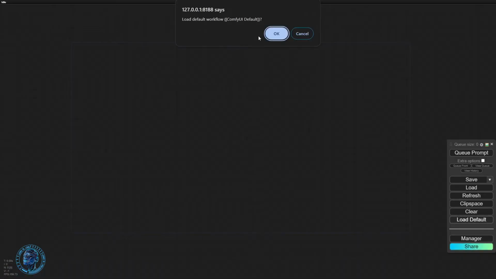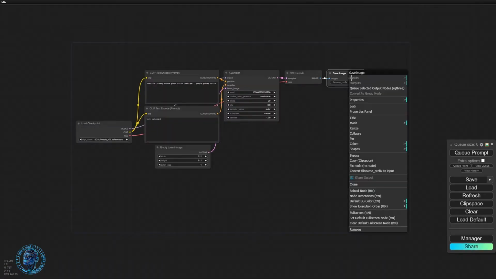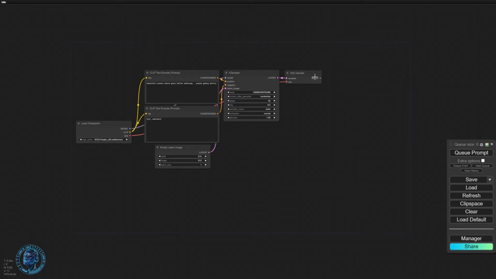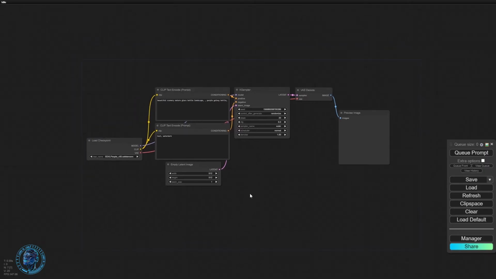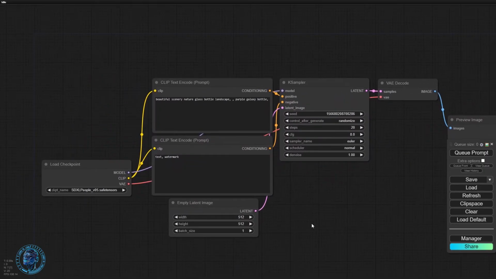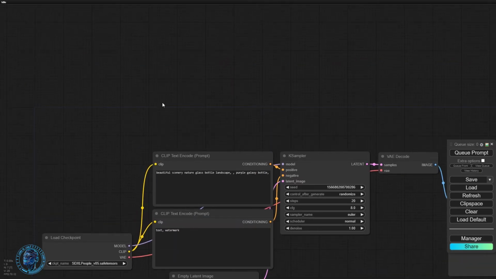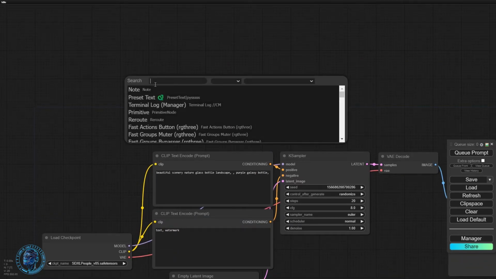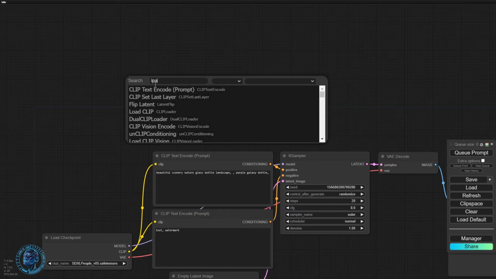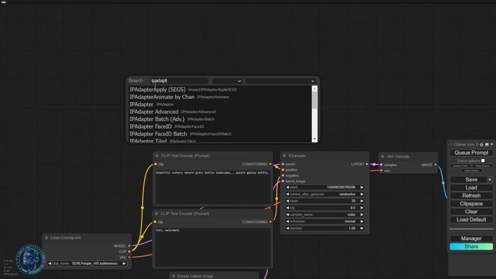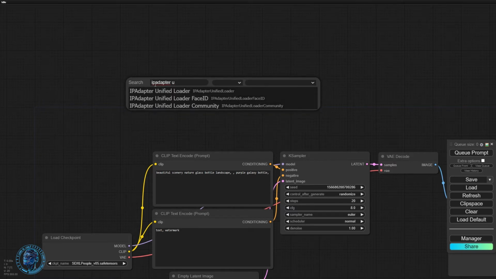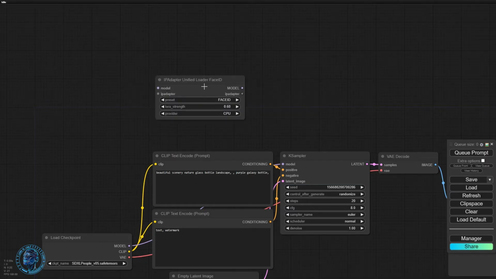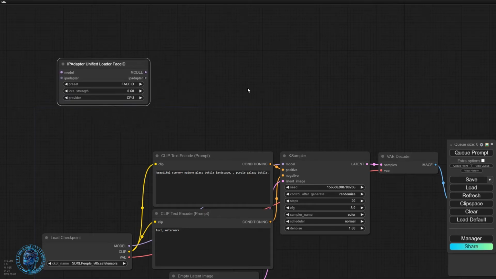The first thing we're gonna do, we're gonna load defaults, and I'm gonna remove this one. Then I'm gonna put the just a preview, and let me make it bigger. And let me zoom in. And here we're gonna type IP adapter unified loader Face ID because we are working with Face ID here. Once it's done,